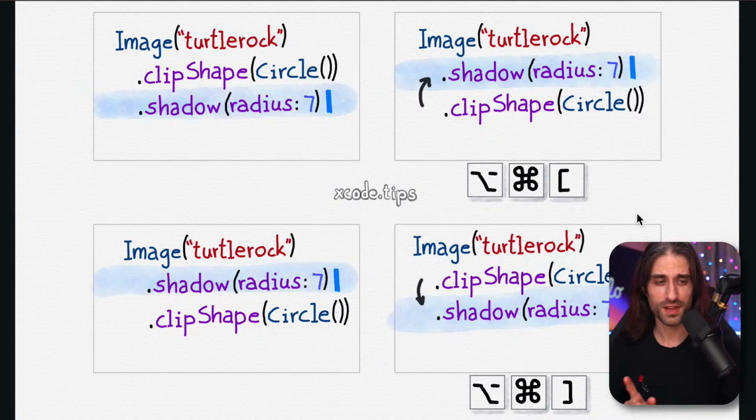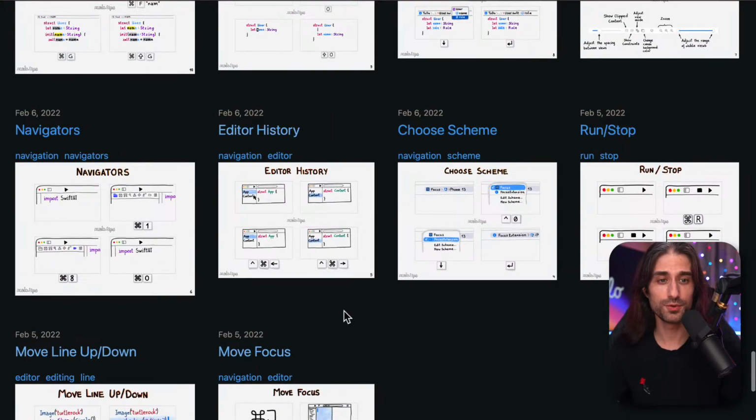But if you are watching live and you have either a French keyboard or another non-QWERTY keyboard and you know the shortcut to do this action, please let me know. But if you have a QWERTY keyboard, lucky you, you can do this nice shortcut to move lines. As you can see, it's particularly useful when you're writing SwiftUI, because of the way we use modifiers, there are a lot of one-liners where the order in which you call them is very important. Let's move on to the next tip.